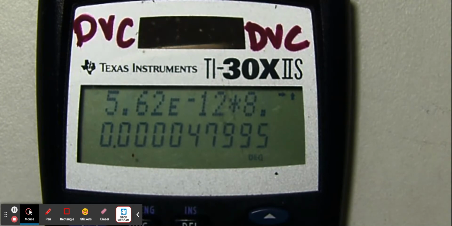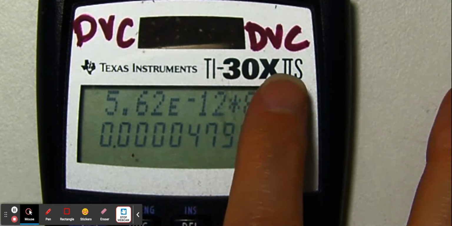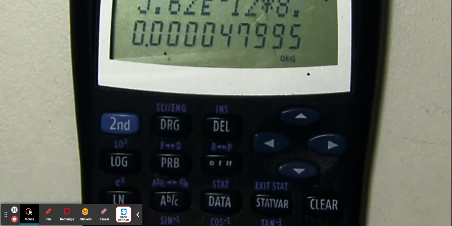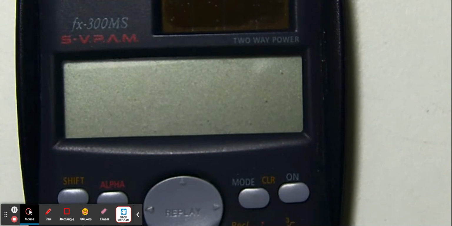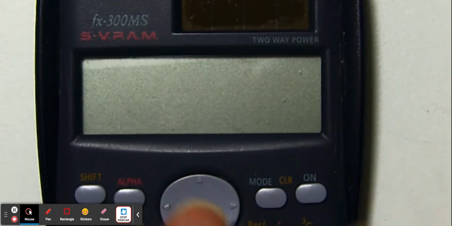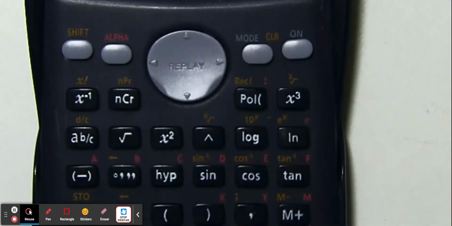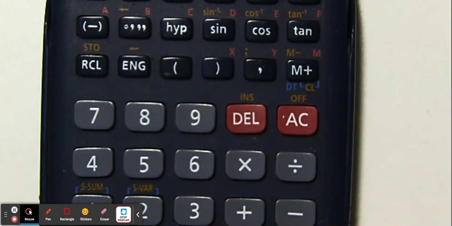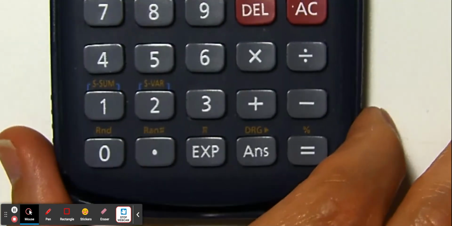the TI-30, the TI-30X2S. So again, this is a very handy calculator. What about other calculators? Let me show you another calculator. So in this calculator, another common calculator, this is a Casio FX 300 MS. Okay, so you'll see that this is a little bit different, but for our purposes,